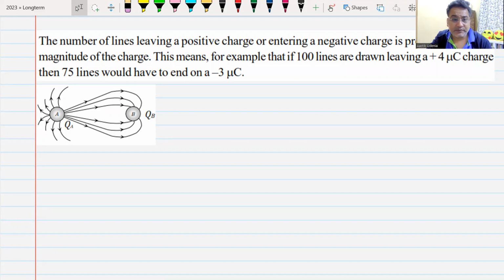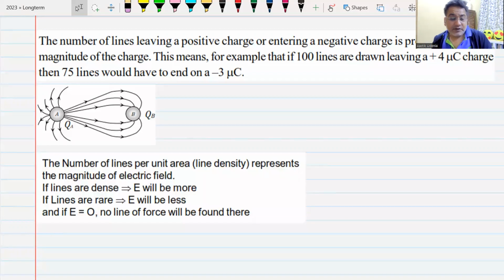Which charge will be more here? Charge A or charge B? Charge A, sir, because charge A has more lines emerging out of it, but charge B has fewer lines terminating on it. Do we understand this? Yes, sir. The number of field lines per unit area